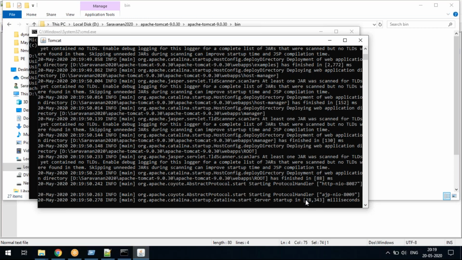Yeah, exactly, you are catching the point. Himanshu, you are clear now, right? The agent sits outside, and you are only giving the path of the agent to the Catalina.bat file. Then when you load it, the application server is actually taking the data. Clear now, Himanshu? Yes, thank you.